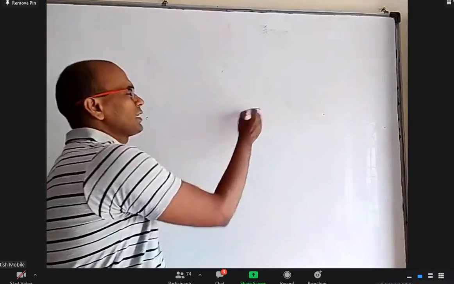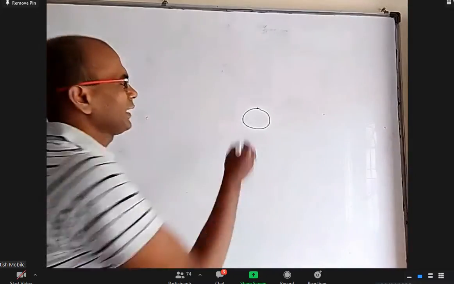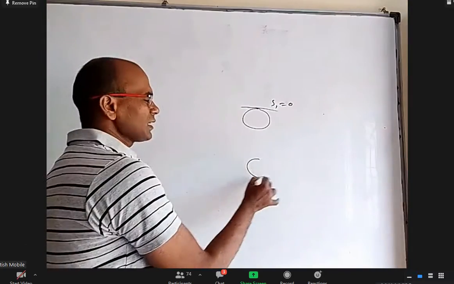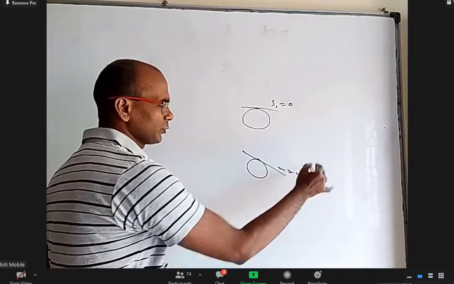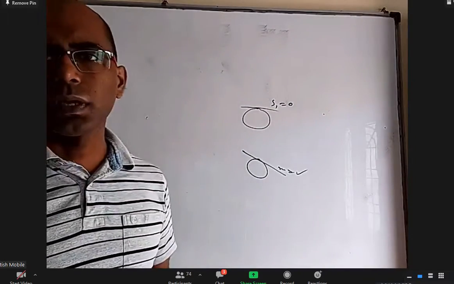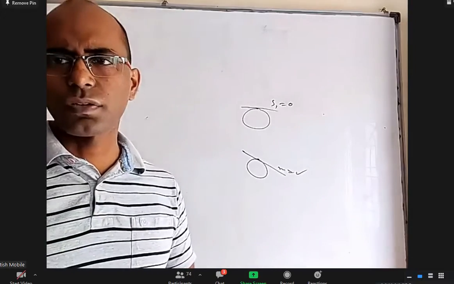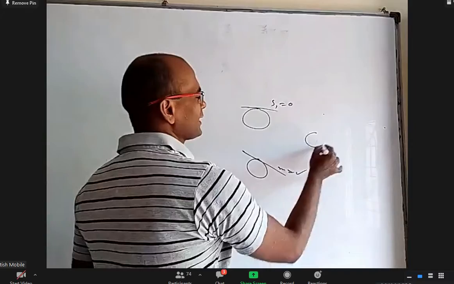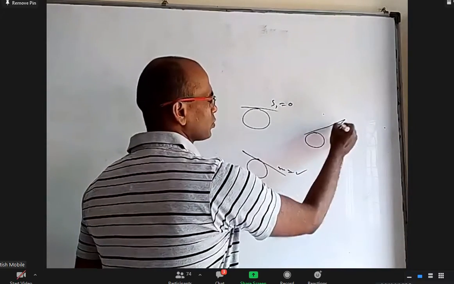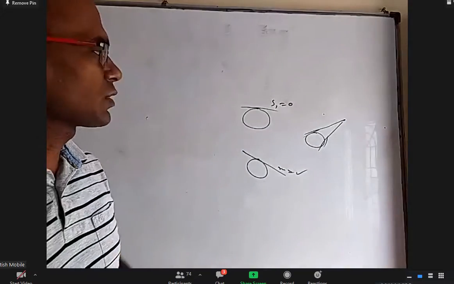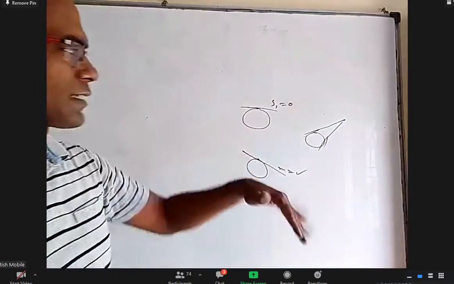Okay, so now please listen. What we have done on a circle: if you know a point on the circle, finding the tangent is very easy. Simply do S1 equal to 0. If they want a tangent where the slope is given, then we have a general tangent formula y equal to mx plus or minus r root 1 plus m square, if the center is the origin. Otherwise, some translated version of that. What if the point is outside the circle? If you can draw two tangents, how to find them? We take the general tangent equation, substitute this point in that, square it, and you will get a quadratic equation. We get these two slopes. You can find them separately, right?